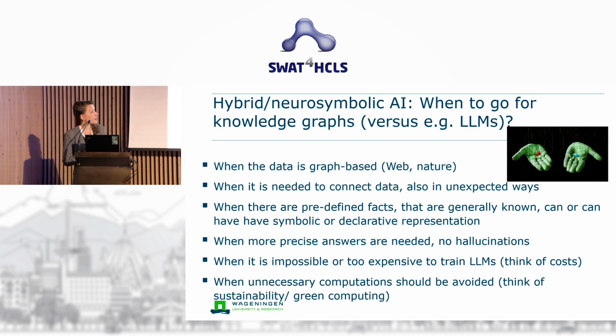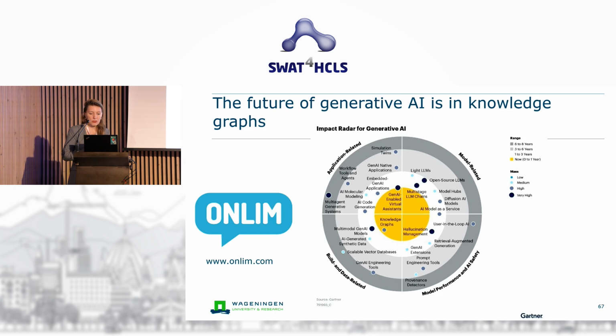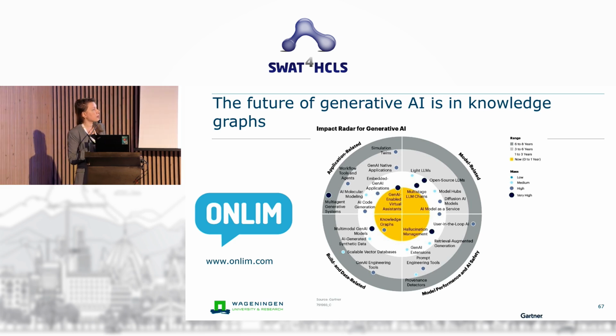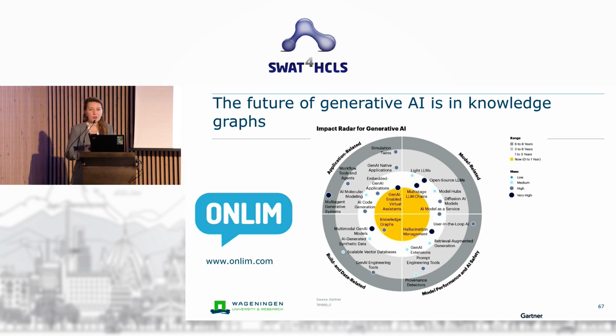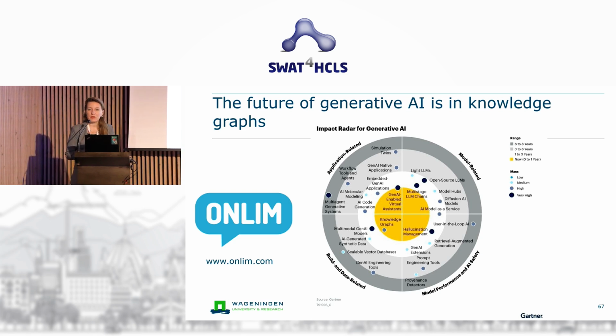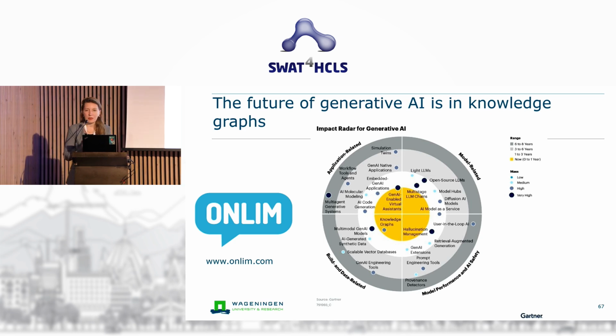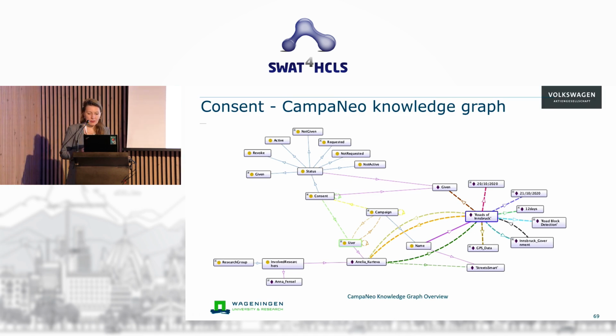So, as final solutions, I think there will be a lot of this retrieval augmented and dialogue systems. Also, if you look at generative AI and the Gartner forecast, you see knowledge graphs quite well in the center. So they really expect that knowledge graphs will solve many challenges which generative AI has, like transparency, traceability, the issue that you cannot find references, that it's not reliable. So I'm also hopeful, of course, like many others. And the last things, that's also what I do.